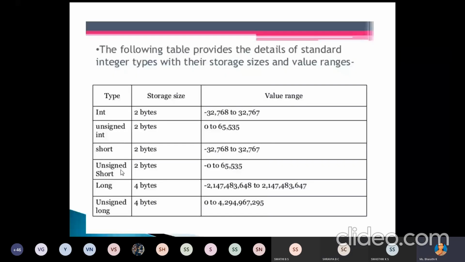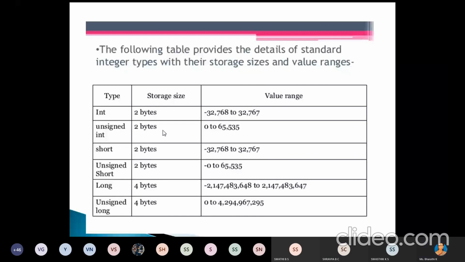Again, under int, we have short, unsigned short, long, and unsigned long. Each data type takes some amount of memory. For example, integer takes 2 bytes of memory. It can be positive or negative, so we can store positive or negative numbers, with a range from -32768 to +32767.